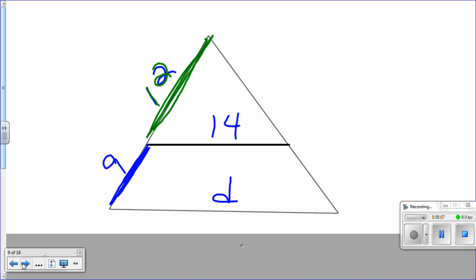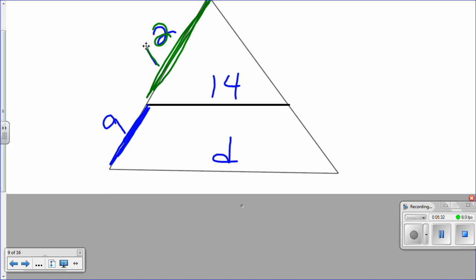Here's another very common one. You're looking for the length of D, and you need to be a little bit careful with this. So we have a small triangle here inside the larger one. The ratio for the small triangle would be 12 over 14, and the ratio for the larger triangle would not be 9. You would actually have to add 9 and 12 together. So it would be 21, which is this whole length